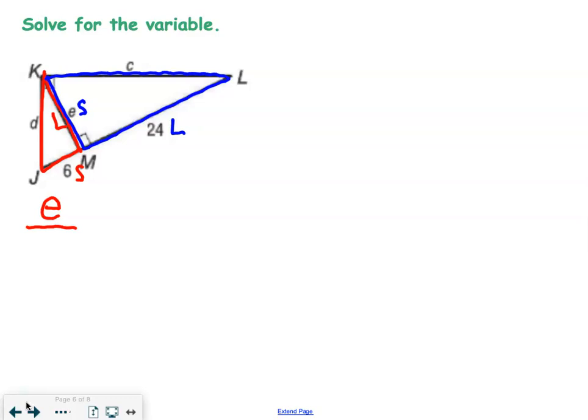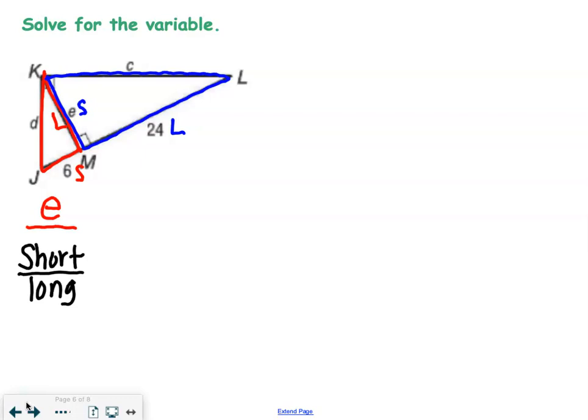Okay? So now from here, we have to set up what proportion we're going to use. Well, again, I'm using the short and long in both triangles, so I'm going to have short over long. Again, it doesn't matter if you put long over short, as long as you're using both of those legs,